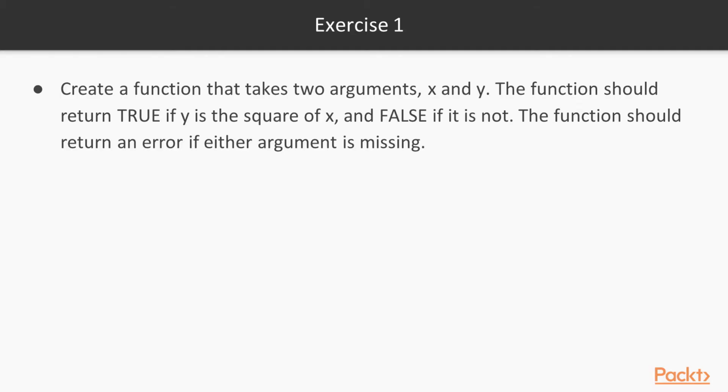Here's an exercise to test your understanding of this video. As always, a worked solution is provided in the code file attached to the video. Exercise 1. Create a function that takes two arguments, x and y. The function should return true if y is the square of x, and false if it is not. The function should return an error if either argument is missing. In the next video,